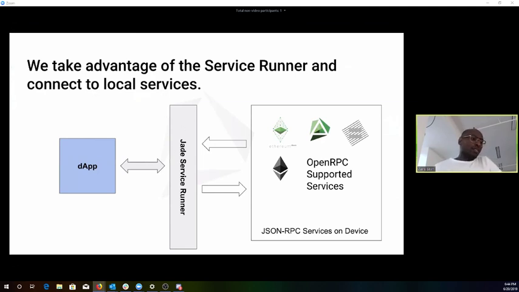And then we have the Jade Service Runner. Jade Service Runner has a client, which is embedded in the dApp. And then Jade Service Runner is also a standalone application. It could also potentially run in the browser, but that's another story. We're just going to focus on it being a standalone app. And on the other side, this is running on the user's machine. So here we have a bunch of different services. We have classic geth, we have multi-geth, we have parity, we have Ethereum, and any sort of open RPC supported